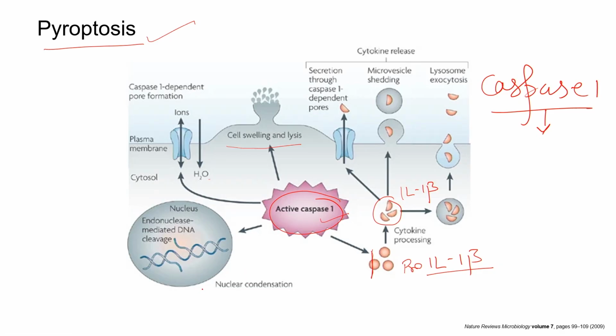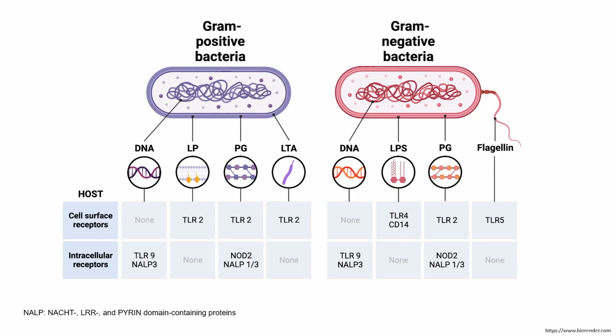They can also have endonuclease mediated DNA cleavage with caspase, that could lead to nuclear condensation. So, one can understand that there could be multiple ways caspase can cause cell death, and that is what we call collectively pyroptosis. This is just one term which we need to understand when we discuss the nod-like receptor. Alright, we will move further and we will try to summarize this